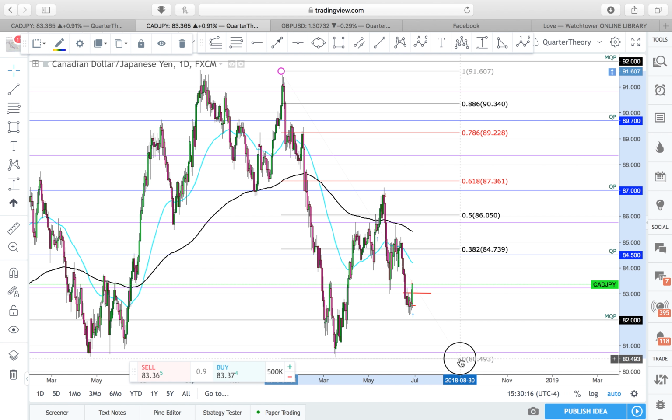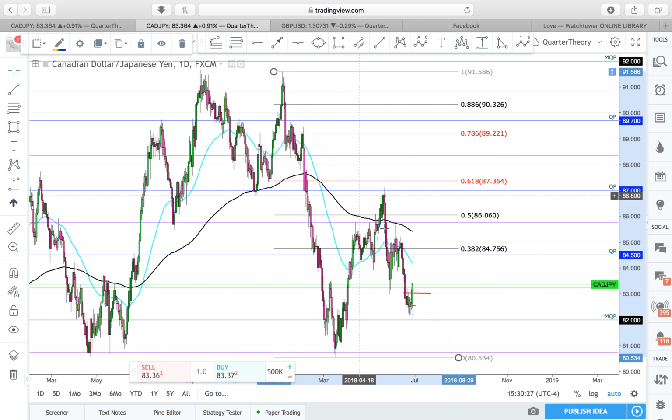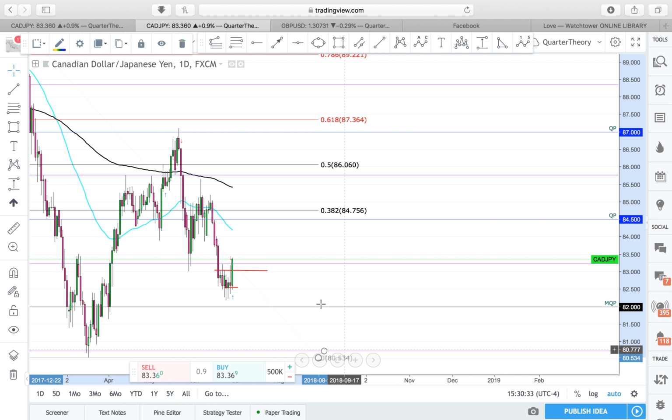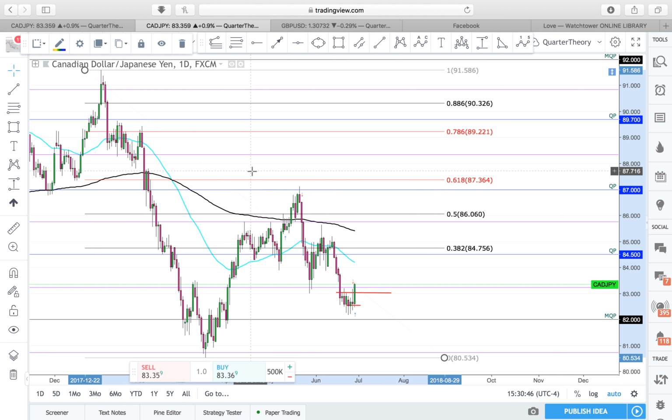What are we looking at here? I'm going to say it's a 61.8, make sure you're accurate, because we're well above the 50 here. Price came out, went up, came down, came up again, and it came down. Usually when price tests an area of 50%, it'll come up and immediately come back down. But since it didn't do that, and we're a little bit closer to 61.8, I'm going to take that